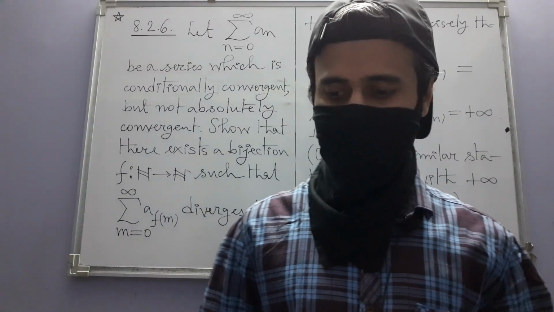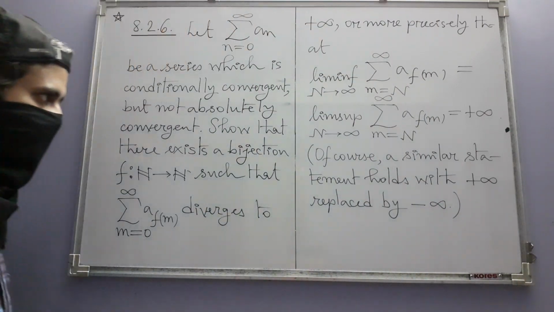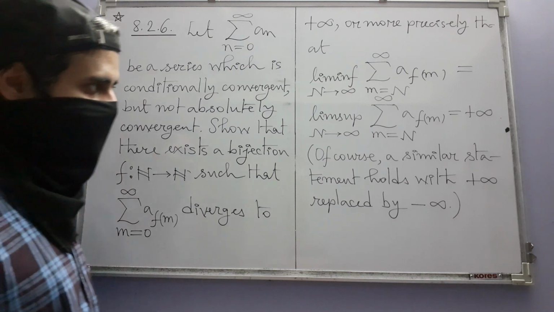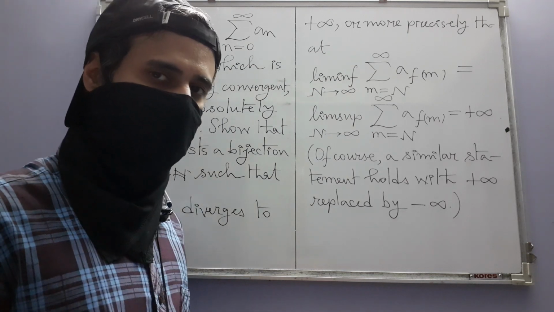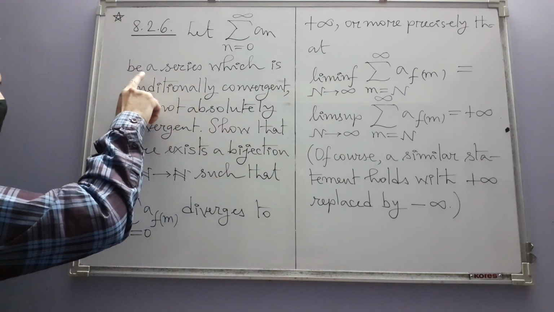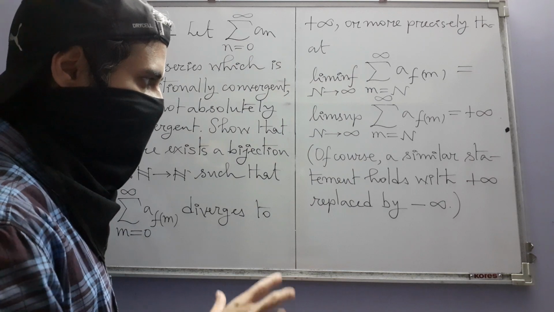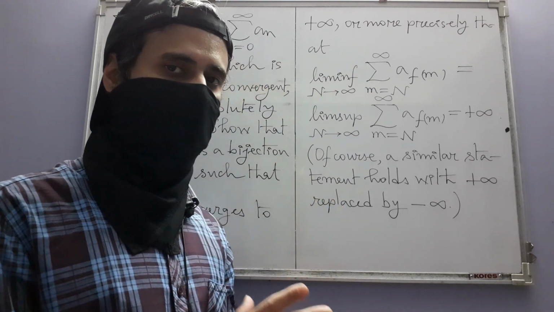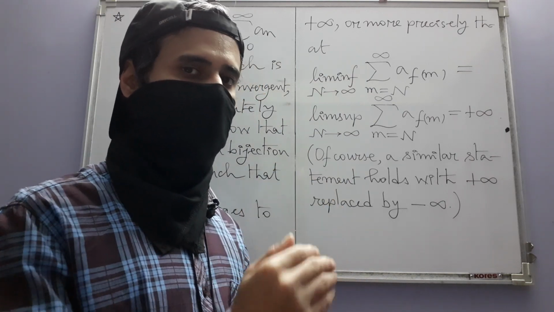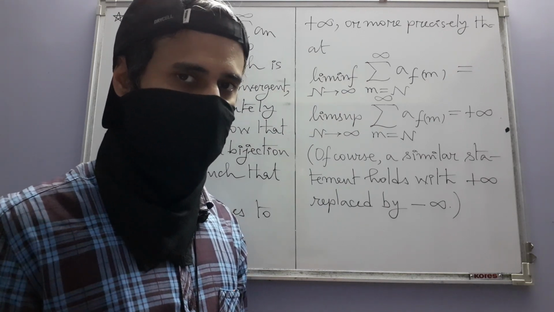Alright, so we now are going to see the final exercise of this section. Now this exercise is also about such series that we have been dealing with for some time now, that is a conditionally convergent series that is not absolutely convergent. In Riemann's theorem we have proved, although a part of the proof is still open